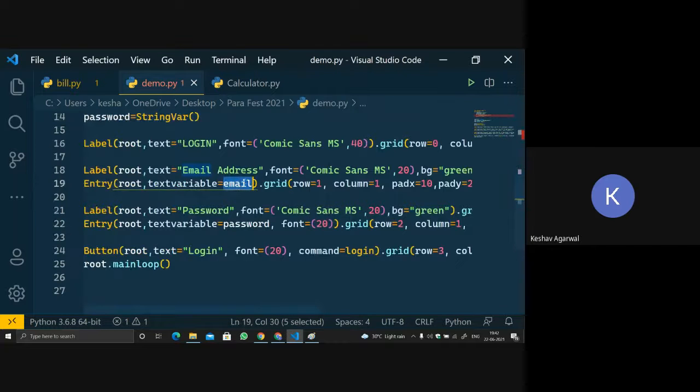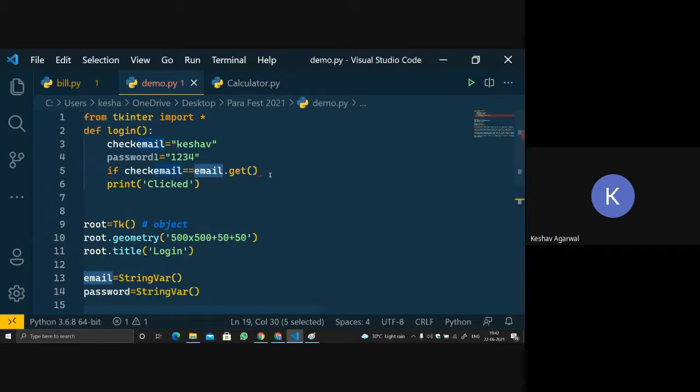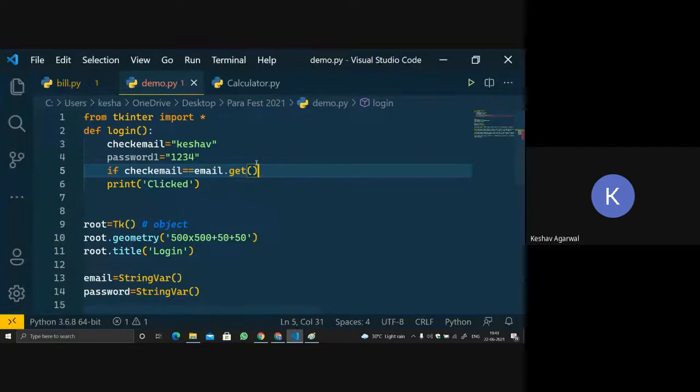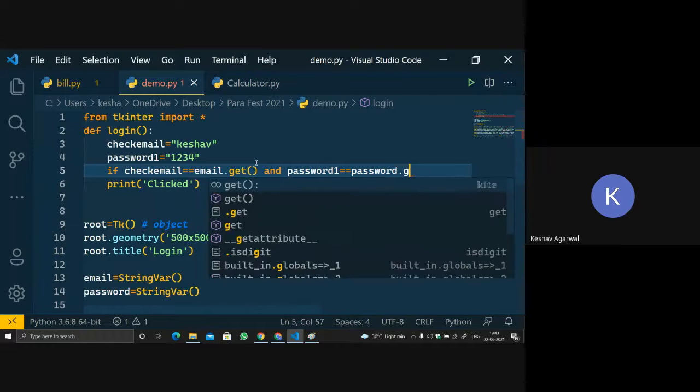The value that has been entered over here, we will get that. So I think everybody understands what the get function does now. It will return us the value, and we will also check the password. So password 1 is equal to password dot get.